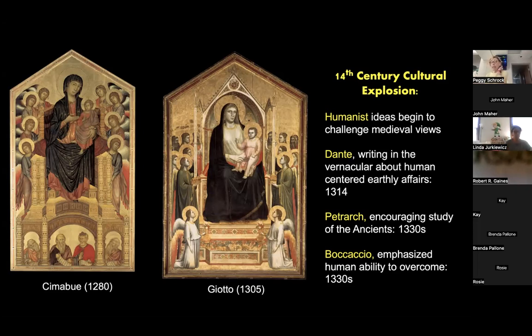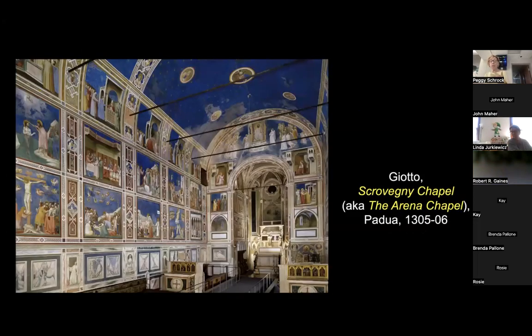Boccaccio's talking about human ability to overcome. Humanism is very much a man-centered world, that we do have control over our world, and it's up to us. And that's a very different sensibility than the medieval sensibility, that you have no control over your world. And it's what's going to lead to the revival of science and all the things that are going to happen within the next century. Before we leave, however, I was just about to talk about Giotto's big commission,